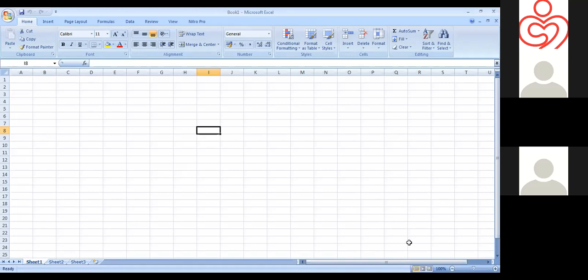So this is the homepage of Microsoft Excel. Why I am introducing this software is that many of you may know it already, but some of you, at least, may not. We are studying statistics this time because it's very necessary to learn statistics to do your projects, your article works, or your thesis works.